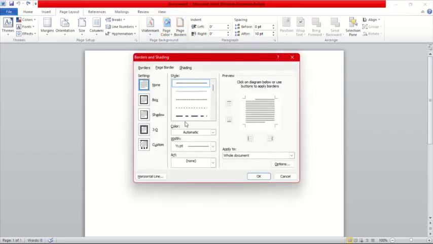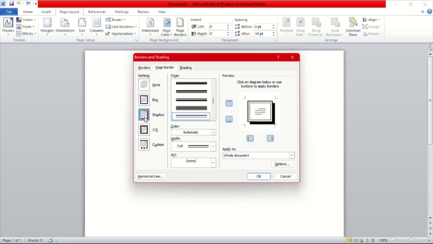Then right here I'm going to show you how you can simply create a simple page border for your document in Microsoft Word. So now let's get started. So this is Border. Here you can decide to style your border, how you want your border to look. You can see something like this, you want it to look like this. Then you want to add a shadow to